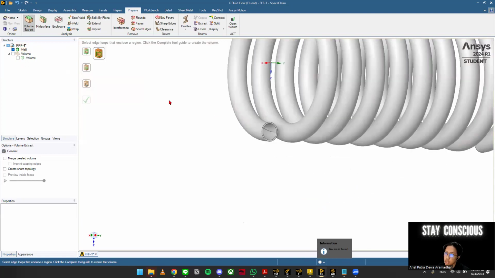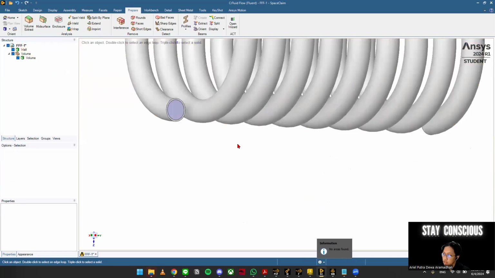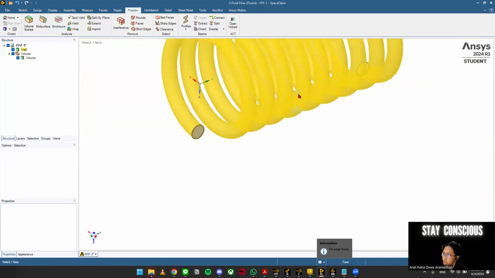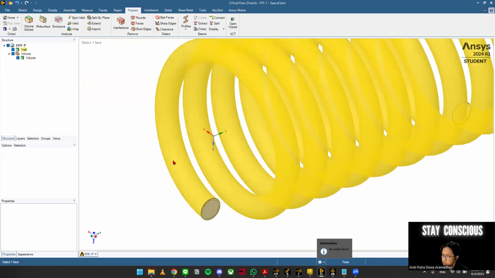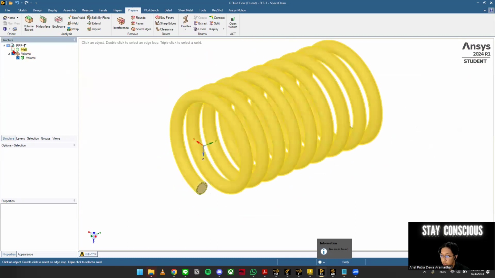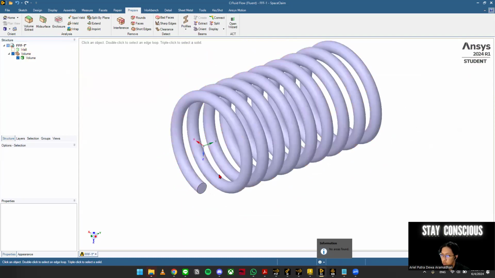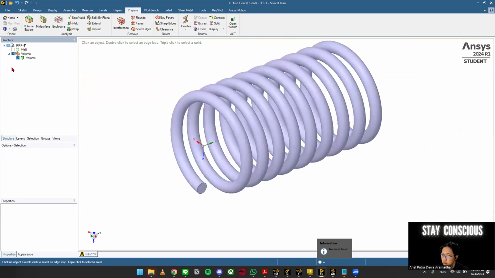All you have to do is click, and then it's going to make sort of like a volume geometry inside the helical pipe wall. So here, you can see this is the volume geometry, and this is the wall of the pipe. Yes, you can see it, right?